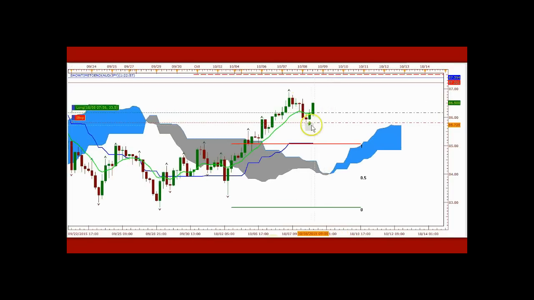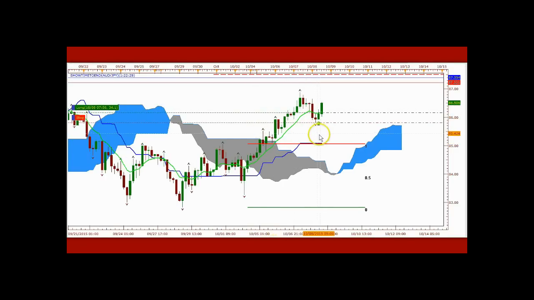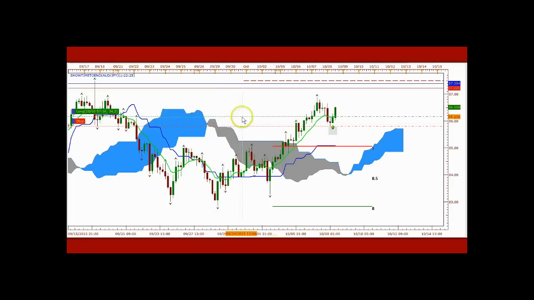Okay, so normally with Ichimoku, we would look for the price to come all the way back to the Kijun-sen here. Well, when the market's in a strong trend, it's not going to come all the way back to the Kijun-sen. It's going to come back to certain other levels that show support and resistance. One of the levels here is the Tenkan-sen. We use the Tenkan-sen a lot to get trades from, but also we use fractal levels a lot to trade and get trades off of. So I'm going to give you the opportunity to learn a lot more about it. I'm going to go into it in detail in our webinar on Saturday.